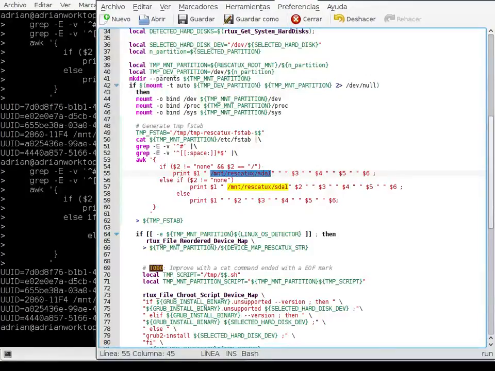Okay, I want to mount it in my tmpmt partition. So what I want to do is